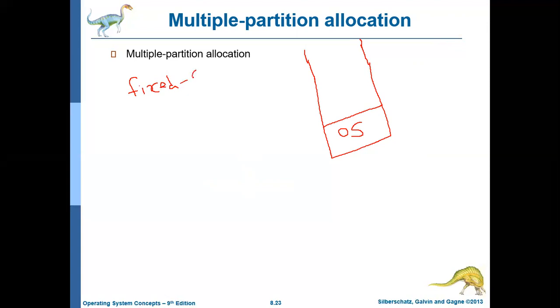Okay. And the other one is called variable sized partition. There are two methods in which the processes will be allocated to the memory in a contiguous fashion. One is fixed size partition and the other one is variable size partition. Okay. First, let us see what is fixed size partition.